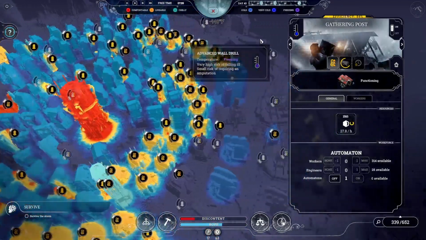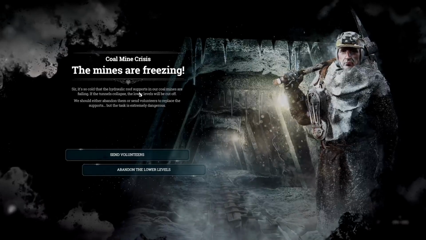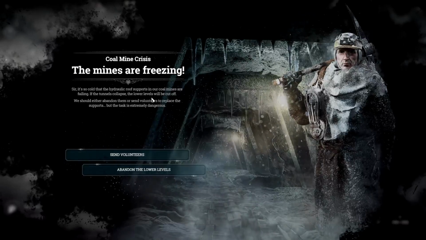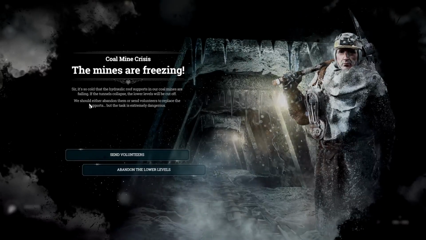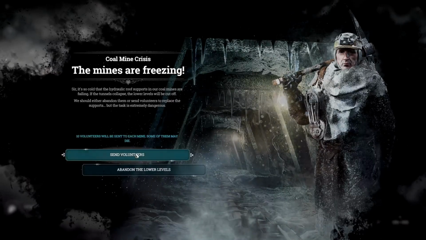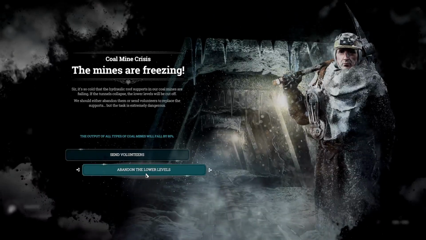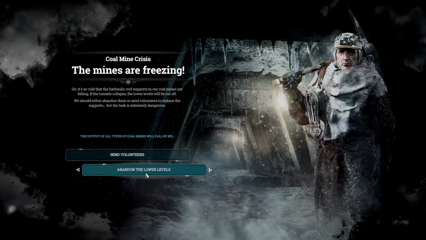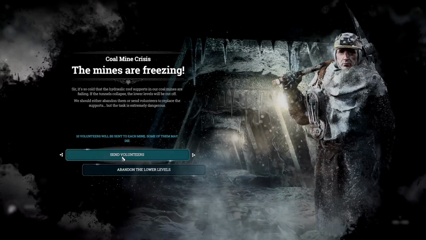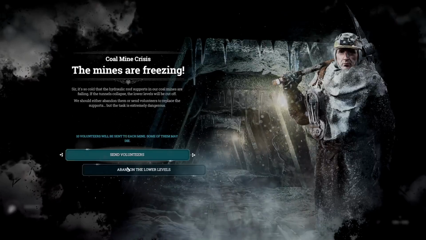This is no longer. Mines are freezing, sir. It's too cold for the hydraulic roof support and our coal mines are failing. If the tunnel collapses, the lower levels will be cut off. We should either abandon them or send volunteers to replace the supports. The output of all types of coal mines will fall by 80%. 10 volunteers will be sent to each mine. Some of them may...